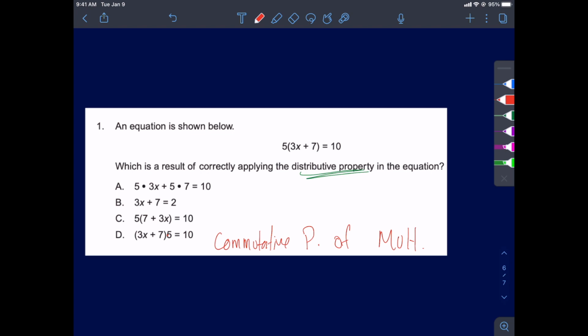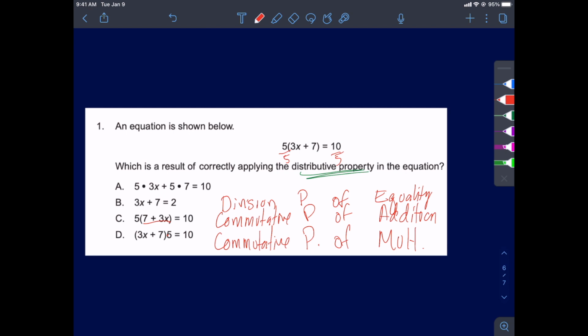All right, what about C? In C, inside the parentheses, the 7 and the 3x have changed their order. So they were bonded by addition, so this is the commutative property of addition. Great. All right, what happened in B? It takes a second to pause and think. The 5 is gone, and the 10 turned into a 2. We must have divided both sides by 5. We call this, because we did division to both sides, the division property of equality,